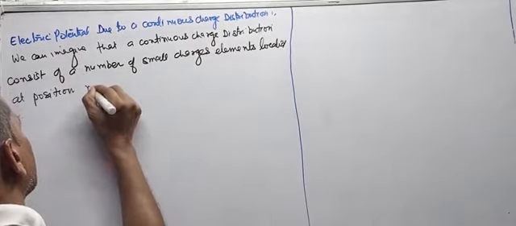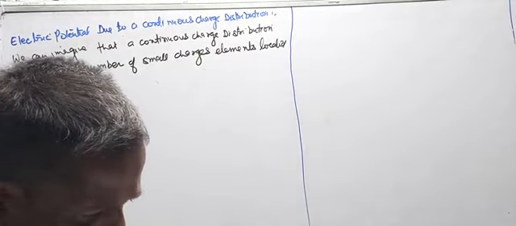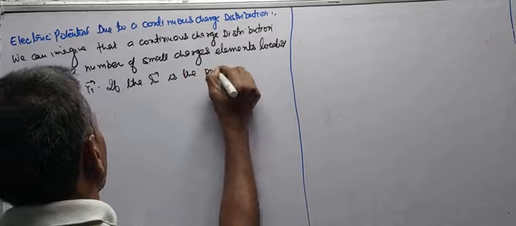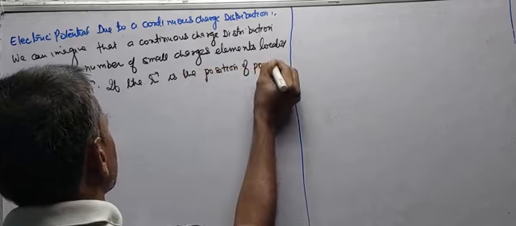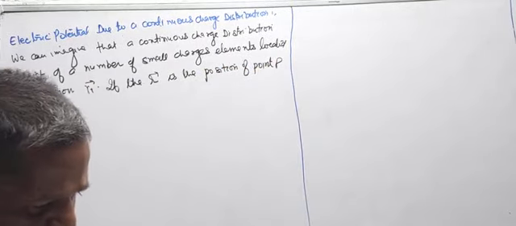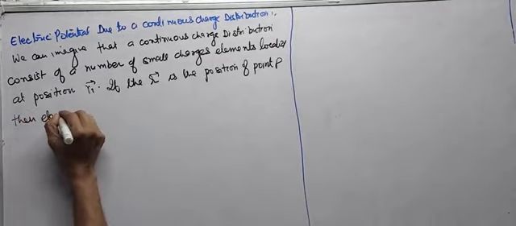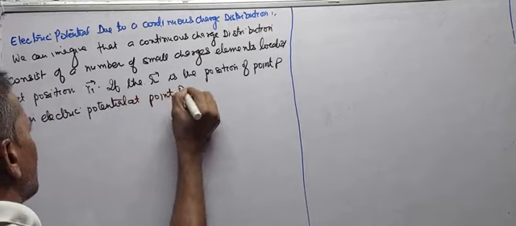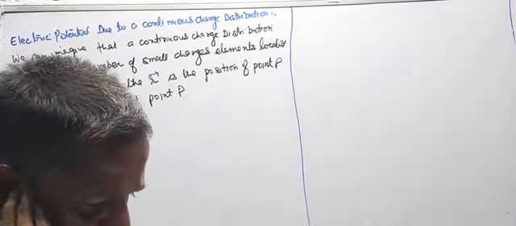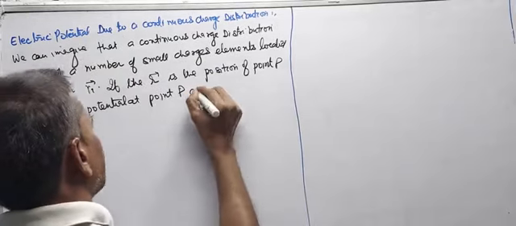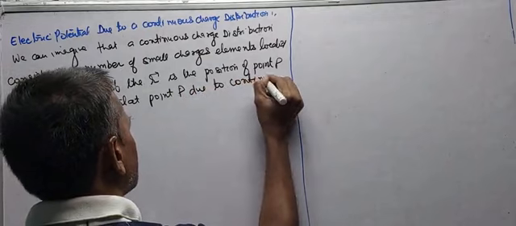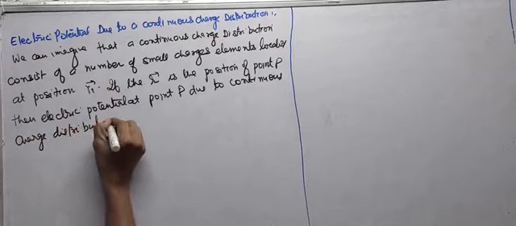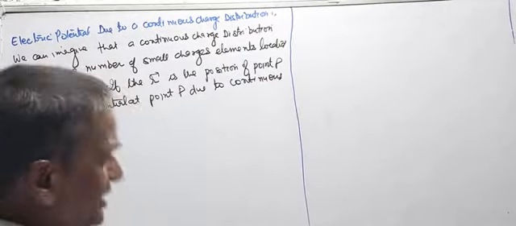Ri vector. If R vector is the position vector of point P, then the electric potential at point P due to continuous charge distribution can be written as